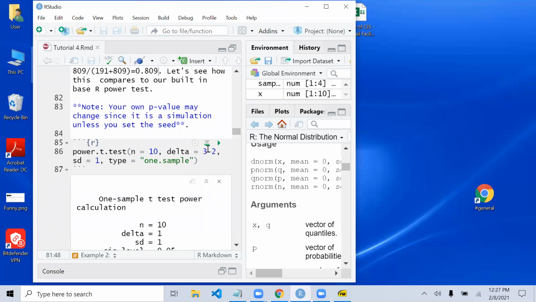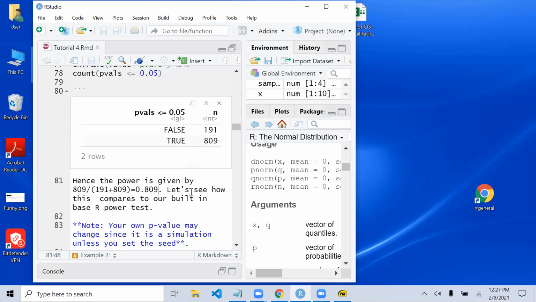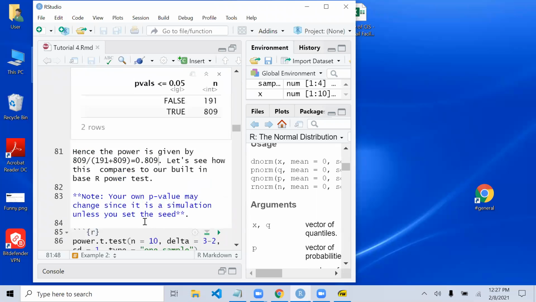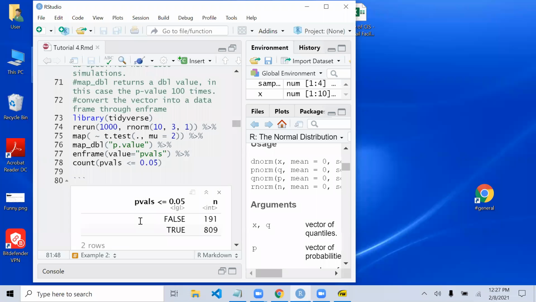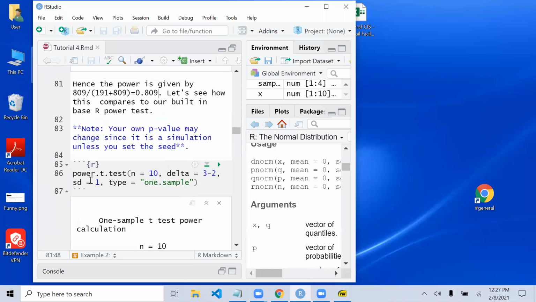Right, so now let's do the power test. So I'm going to take a sample of size n that's 10 to match what I have here. And I'm going to take my delta to be the same as the one I had above, so the delta is actually going to be 1 as well, because you see your actual mean is 3. You're testing a level where your mu is 2. So the delta is the same as what you see here. And the standard deviation is 1. So now this is a one sample test. I'm hypothesizing if you run it once and it's type 2 error, if you run the power test once,